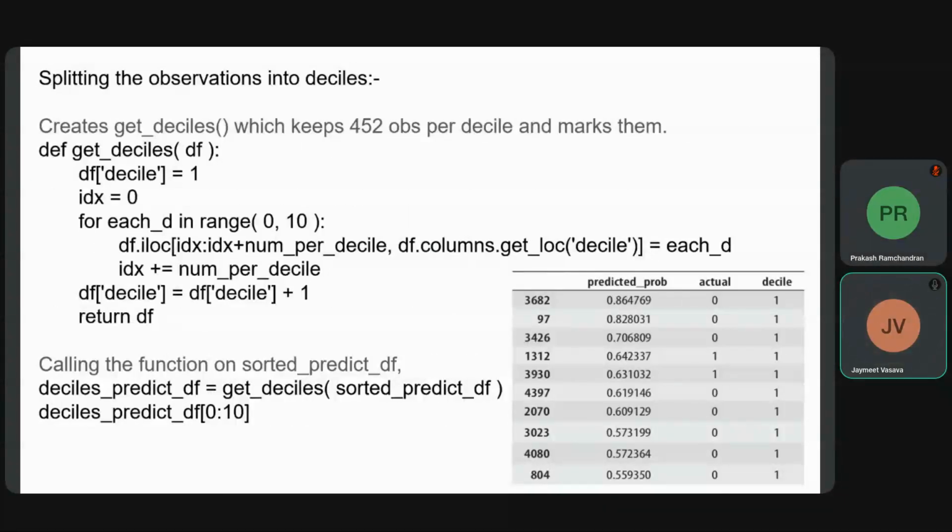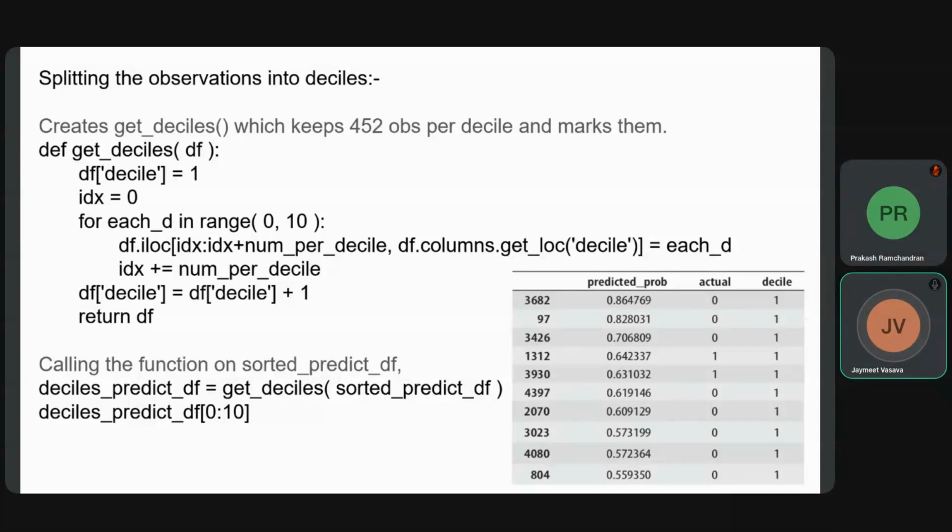So we'll make a get deciles custom function and also mark which decile these positive outcomes belong to, whether the first, second, third, and so on. You can see that when we run the function and use it to print the first 10 values,